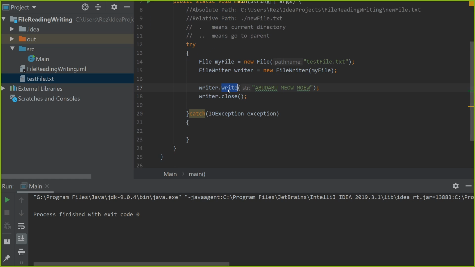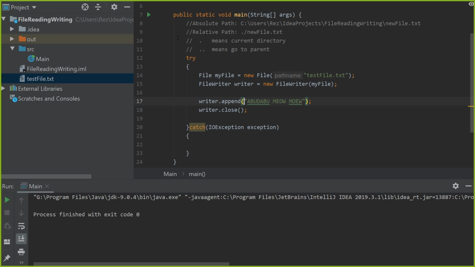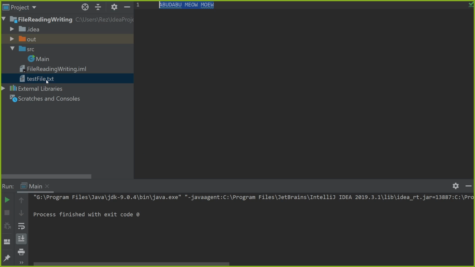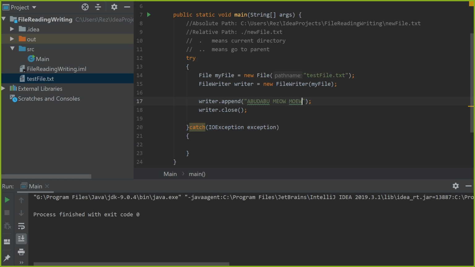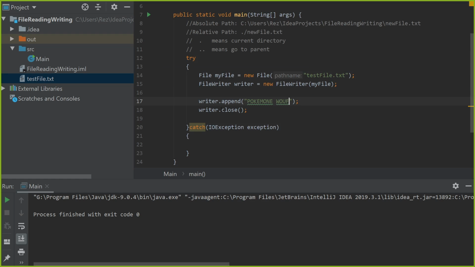If we wanted to append, let's change this to append, and we do this again, and we go back to the file. Oops, well, we didn't change the text. I'm going to say Pokemon Wolf. You'll notice that now when we run it, even though it says append, our file is empty. Okay? Append is not good enough. We need to make sure that when we open the file,